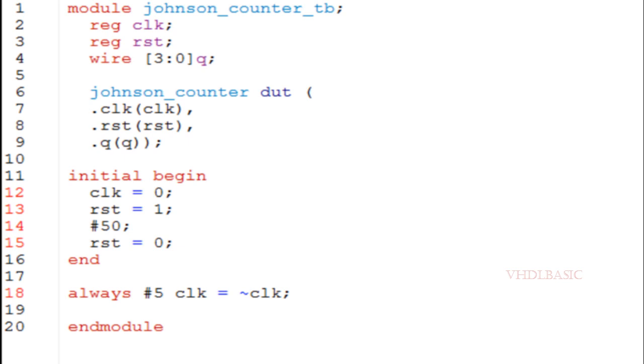In the initial begin, I am resetting the Johnson counter by asserting reset equal to 1 for the first 50 nanoseconds. After that I am deasserting the reset in line number 15. If you see lines 6 to 9, I am instantiating the Johnson counter here. Now I am going to show you the waveform with respect to this test bench. In that I will show you the